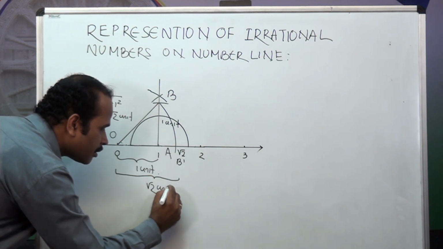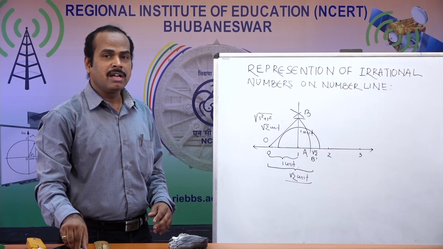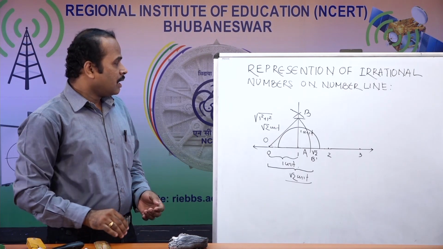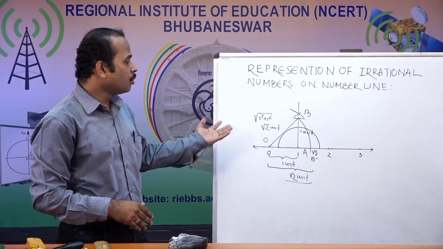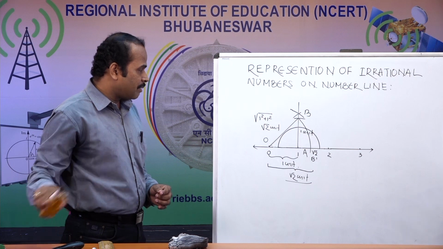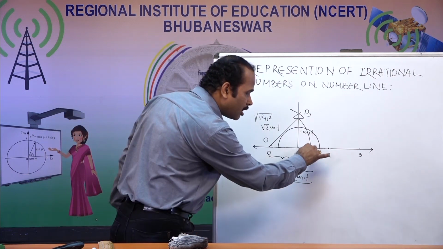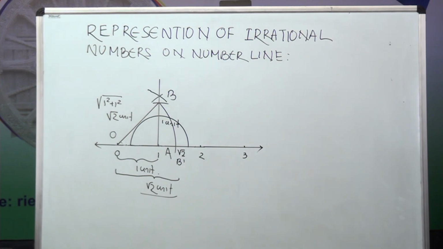This is root 2 unit. Okay. So now we learned how we have presented root 2 on the number line. Now if I want to find root 3 on the number line, how will I do it? Again from the same point, the point root 2 that I already got on the number line,